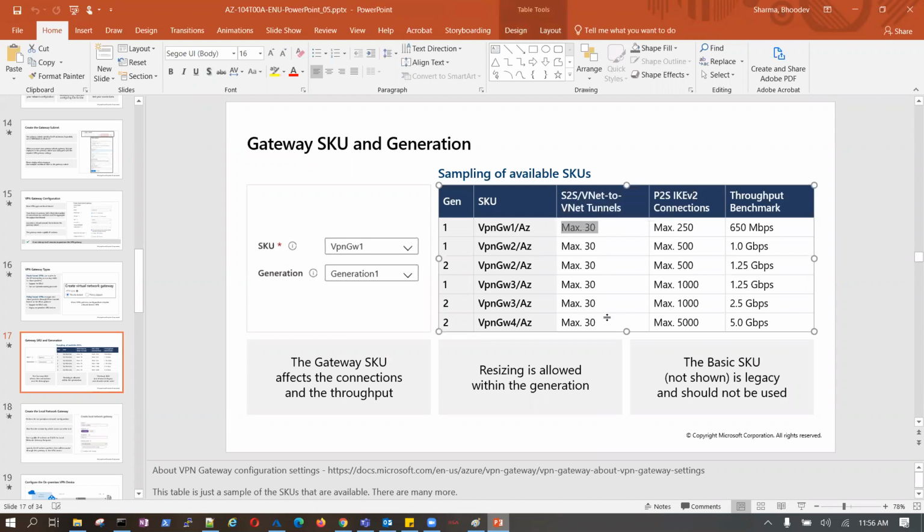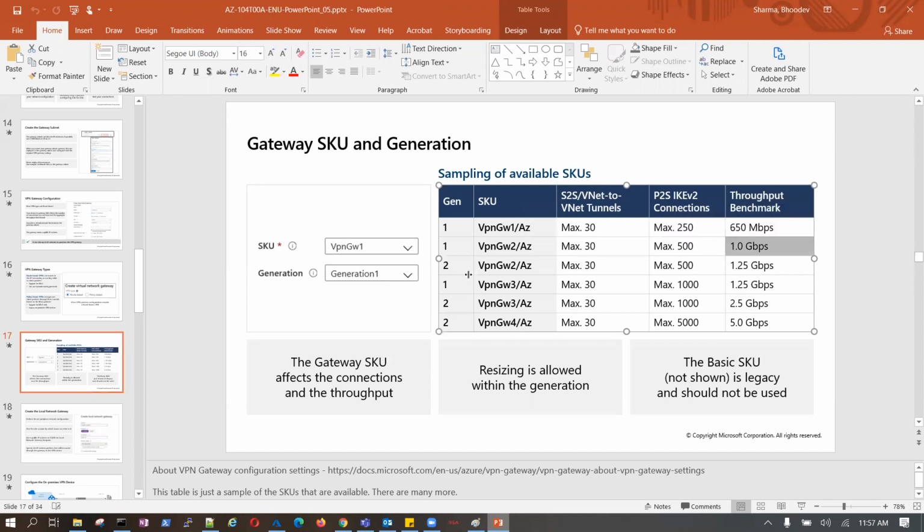With P2S point to site IKE version 2 connections, this can have 250 simultaneous connections, and the speed can go up to 650 Mbps. GW2 can have 500 concurrent connections, whereas the speed can go to 1 Gbps.